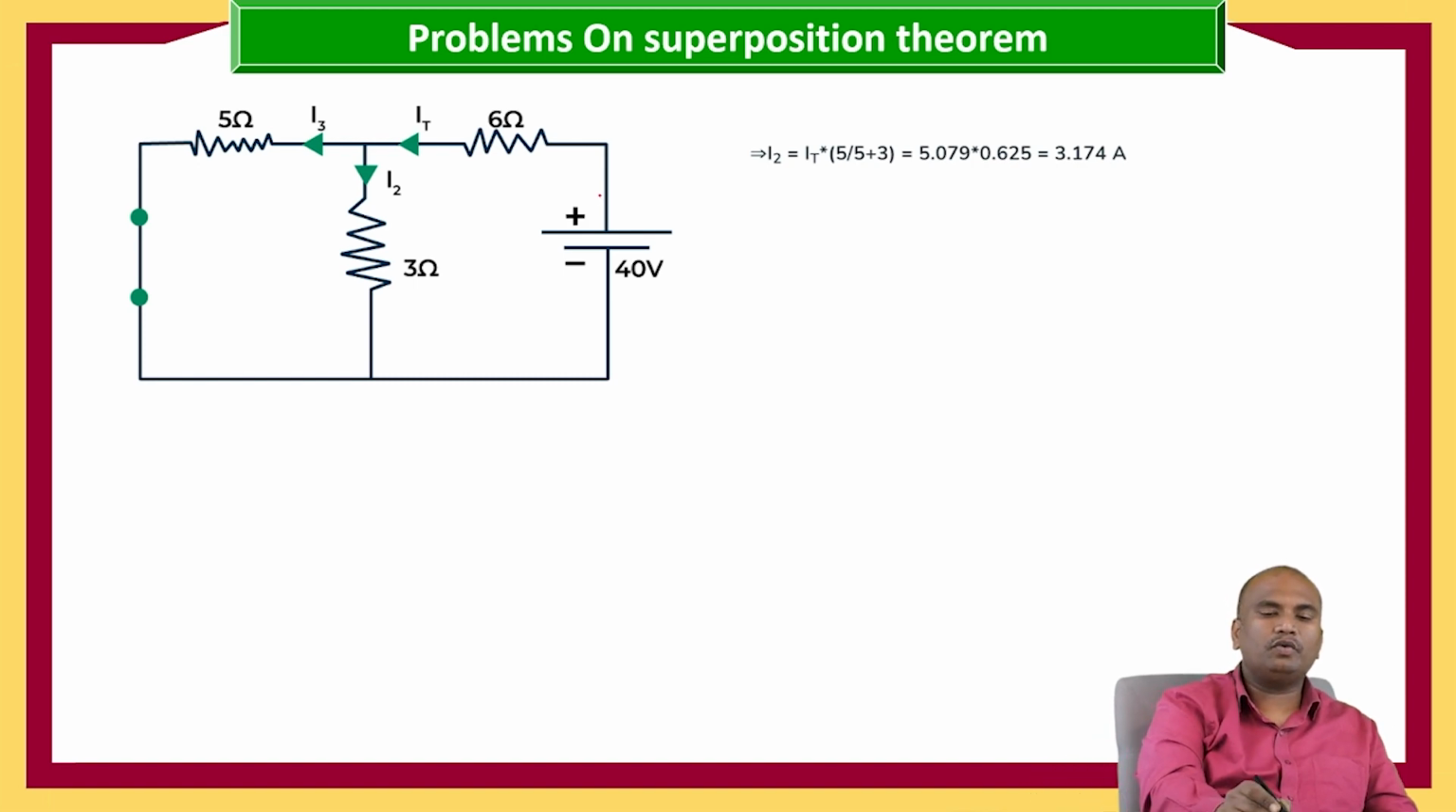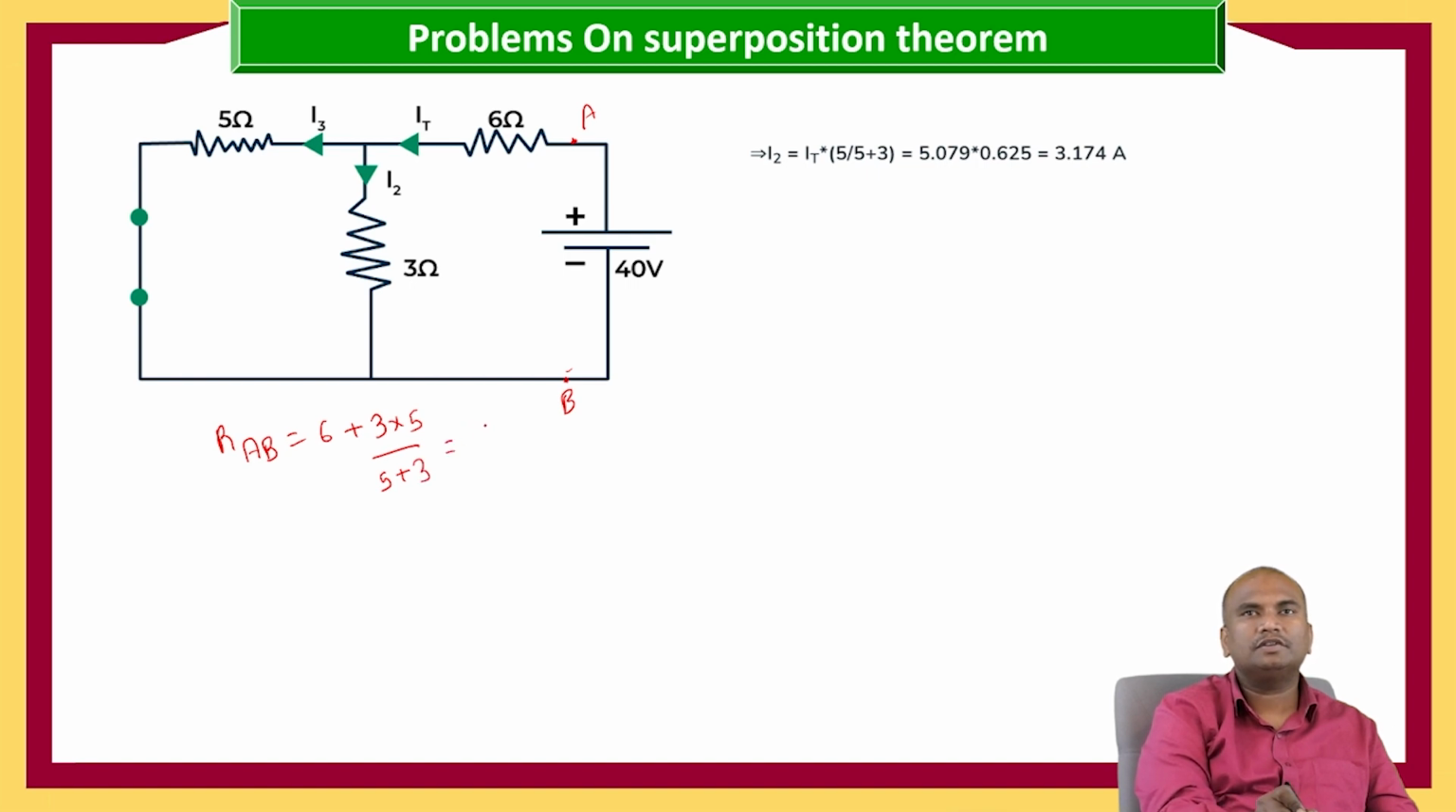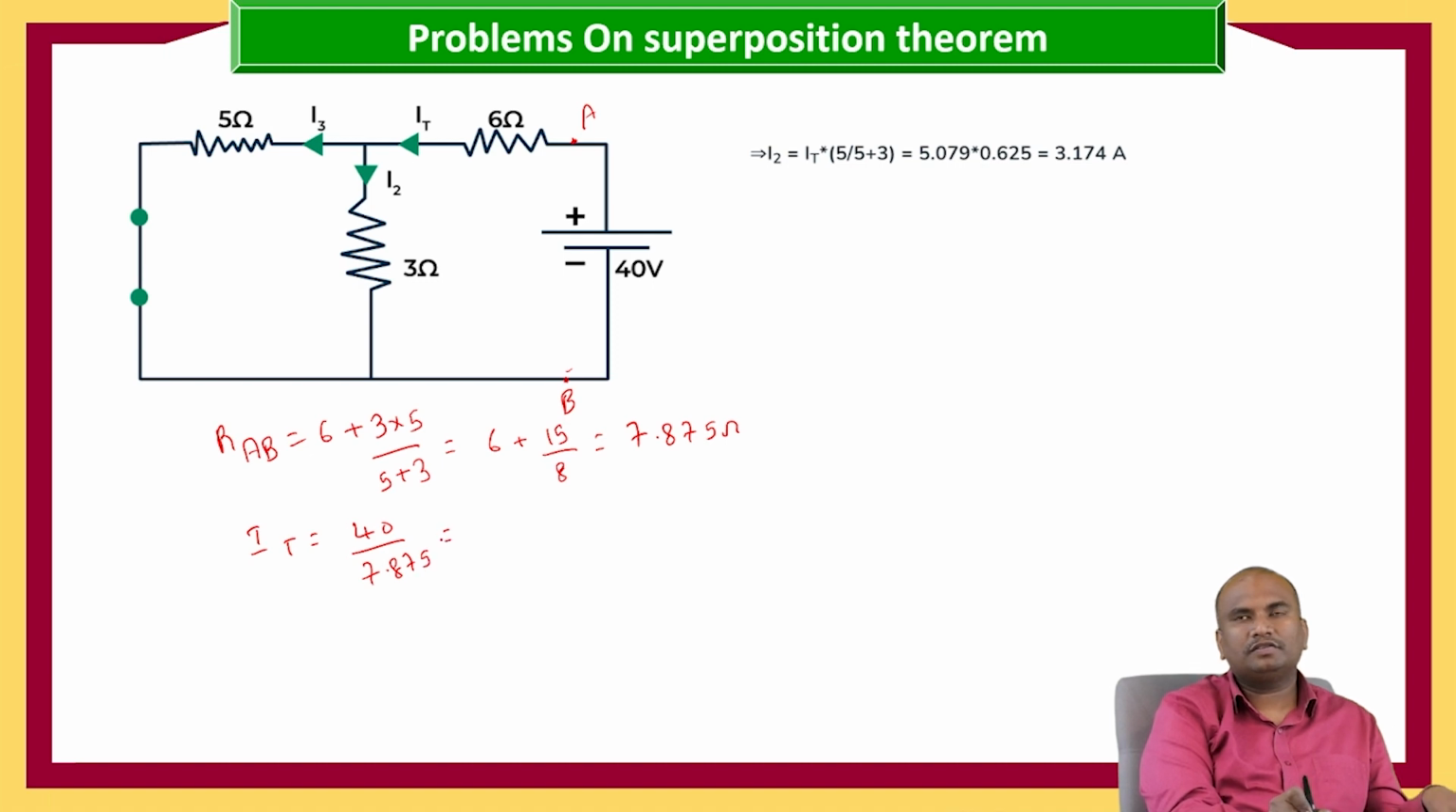Now, because of 40 volts, what is the current flowing through this? Now, in the same way, here we need to consider the A and B terminals. So, RAB is equal to 6 plus 3 into 5 by 5 plus 3, which is equal to 6 plus 3 5s are 15 by 8, 7.875 ohms. Now IT is equal to 40 by 7.875,